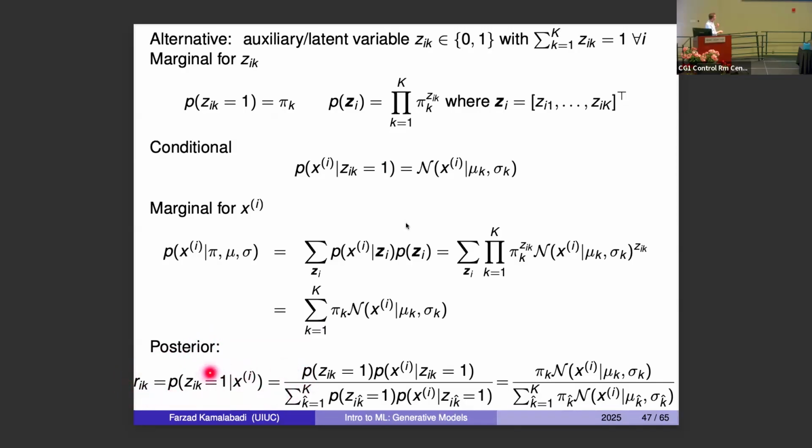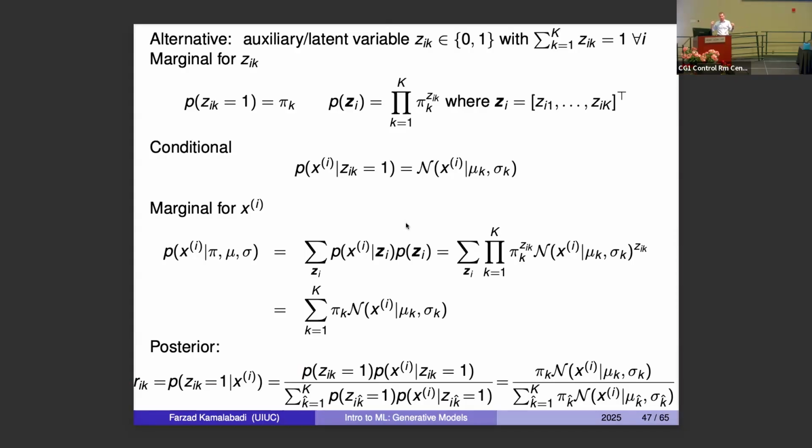We can write the posterior with some simple manipulation, essentially expanding Bayes' theorem, with total probability in the denominator. We can write an expression which is known as responsibility. In other words, remember the assignment function that we had for k-means? Now it becomes a soft assignment. We don't just say that this belongs to this cluster or that cluster, but we say how much of that Gaussian contributes to which one of the clusters, because the tails of the Gaussian continue, right?